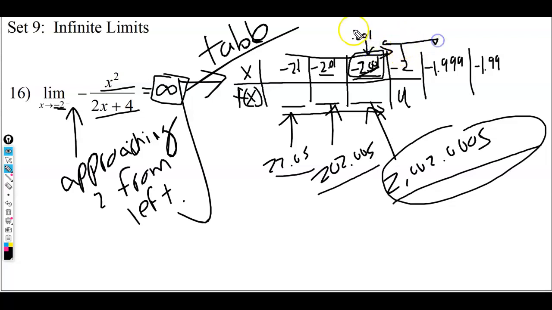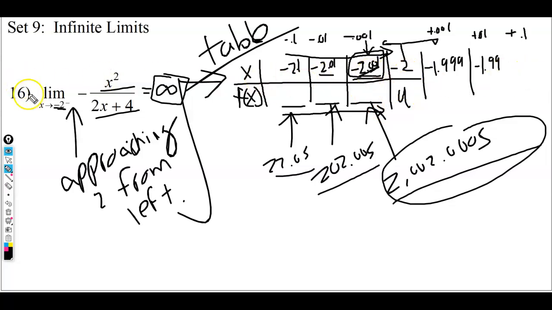On this side, we add 0.001. Okay, and the next one is taking away 0.01, taking away 0.1, whereas over here it's adding 0.01 and then adding 0.1. So that's how I've always done it, and you can kind of see what's going on